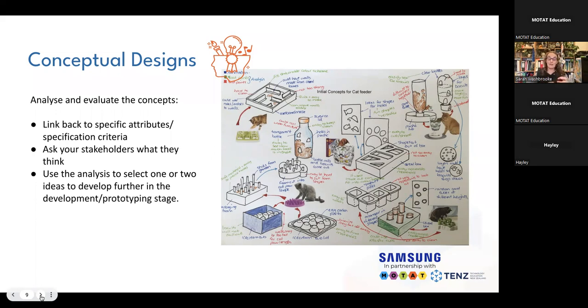But what they did was when they went through the designing and prototyping stage, they kept referring their models back to their attributes, to make sure that they were going to be successful for all the criteria, all the attributes that they had written. So this is where you start to bring in the analysis. You can see here it's really clear to see any good points and any bad points because they are drawn in different colors. But this analysis then helps you to choose the 1 or 2 ideas you want to take on further for the next stage, which is looking at developing those conceptual ideas.